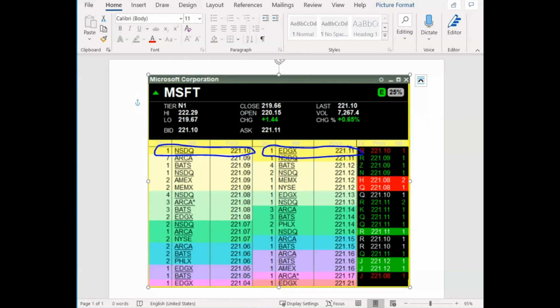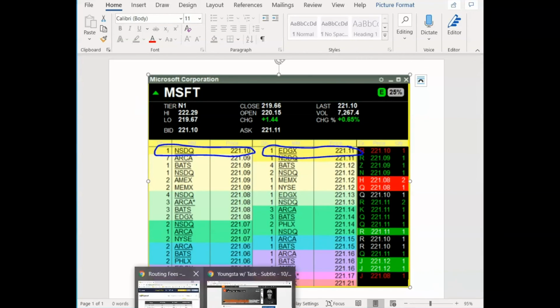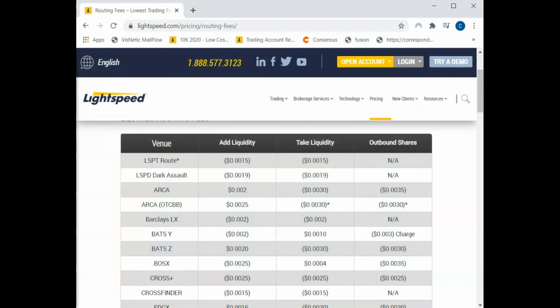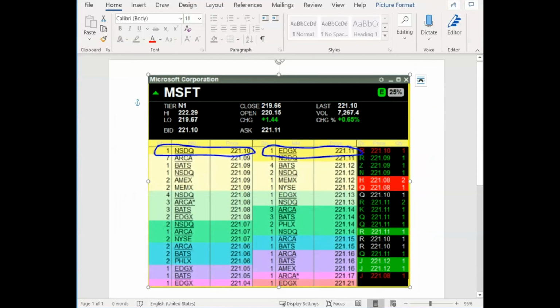The last column on our webpage is for outbound shares. Outbound shares occur when you send an order to an ECN or exchange where that venue does not have liquidity at that price, but another one does. The venue you target will route out your order to get filled on another venue. As an example, again, using the below level 2 screenshot from Microsoft, if I send my order to buy 300 shares of Microsoft to ARCA, and ARCA has no shares at that price, ARCA will route my order to EdgeX and charge me 0.0035 cents per share, or